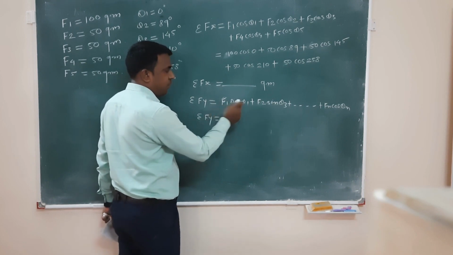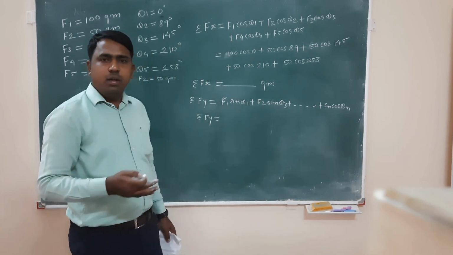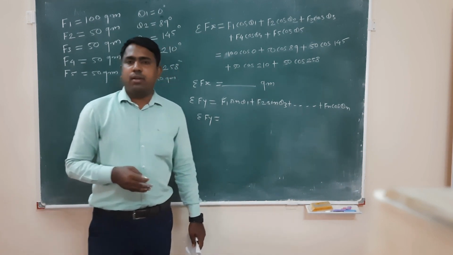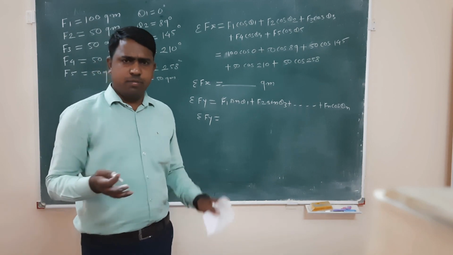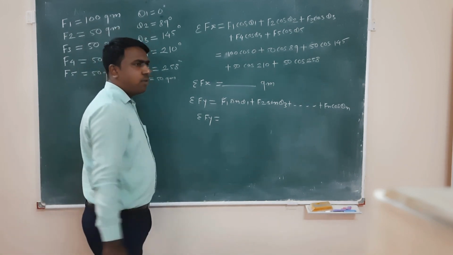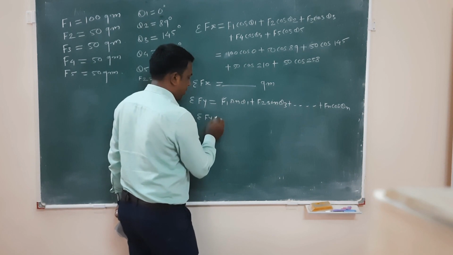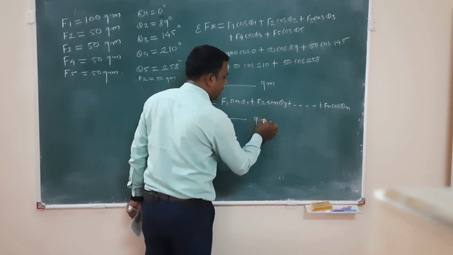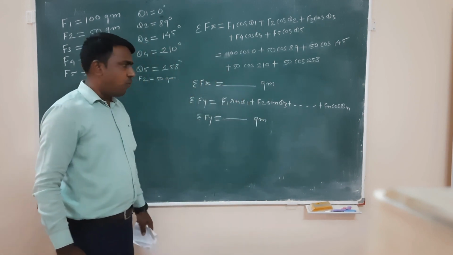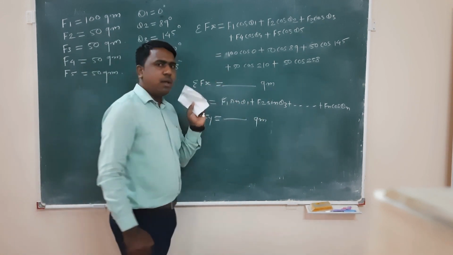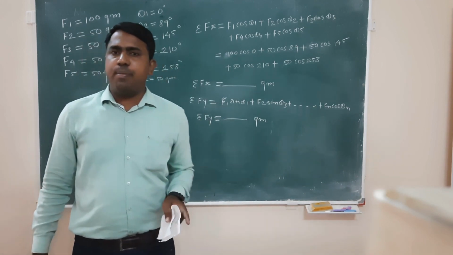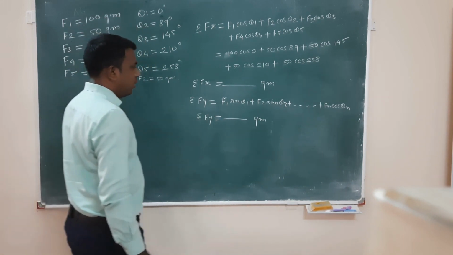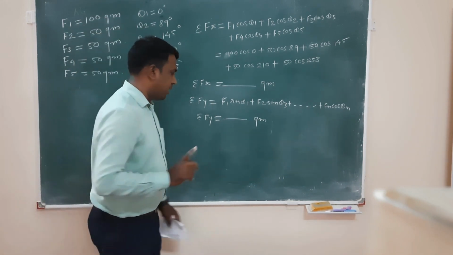ये सेम वे से F1 और theta 1 की वैल्यू पुट करके sin theta 1 में sin का यूज करके F1 sin theta 1 से लेके up to the F5 sin theta 5 तक ये इक्वेशन लेके we have to find out the value of summation Fy, and that is our the forces acting on the y axis, and here we are resolving the forces on the x axis and y axis. So that is summation Fx and summation Fy. So summation Fx निकल जाएगा और summation Fy निकल जाएगा when we are resolving all the forces on the x axis and y axis. Okay, so now we have to find out the result.